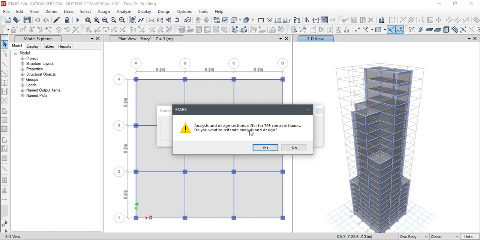Okay, so the design check has been completed, and it says that 705 concrete frames differ between analysis and design section.